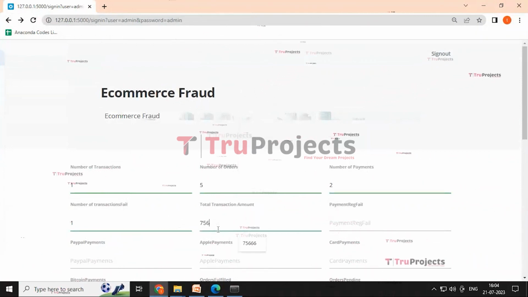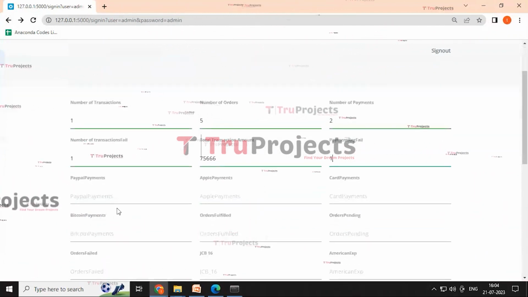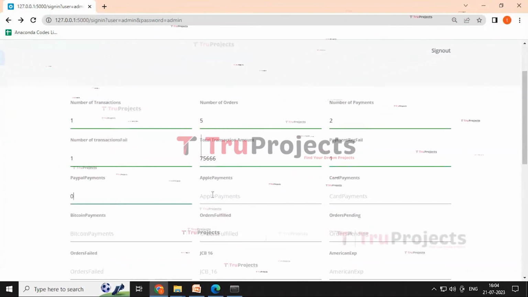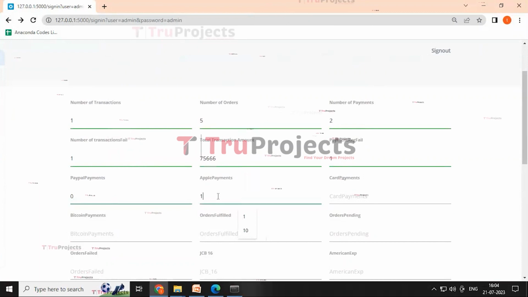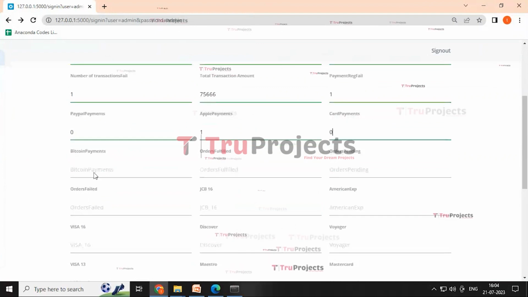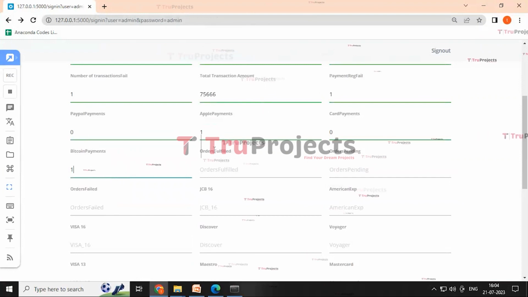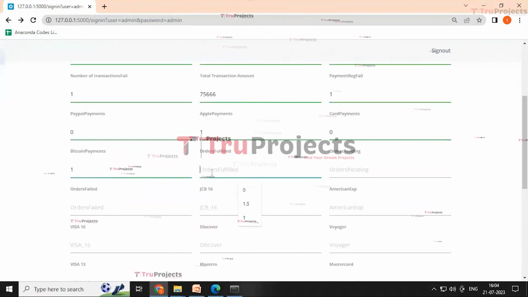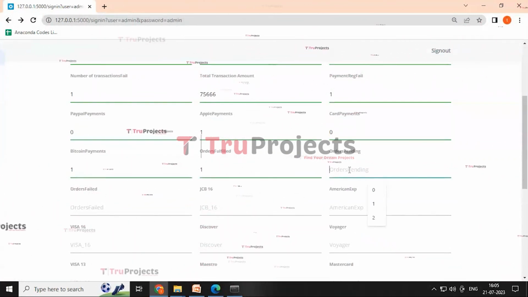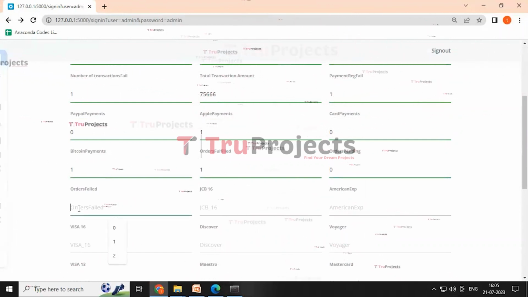of 75666, and the payment registration failed 1, and the PayPal payments is 0, and the Apple payments is 1, and the card payments 0, and the Bitcoin payments 1, and orders fulfilled 1, and orders pending 0, and the orders failed 1,